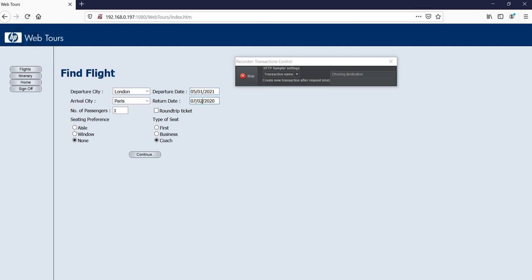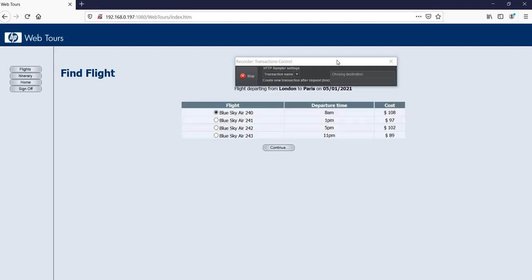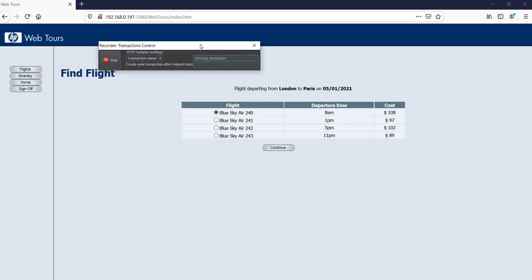Oh, it is 2 days and a month. So the number of passengers I will take as 4 and I will just click continue. While we were filling up this form, the time which was getting wasted as per the server was think time.